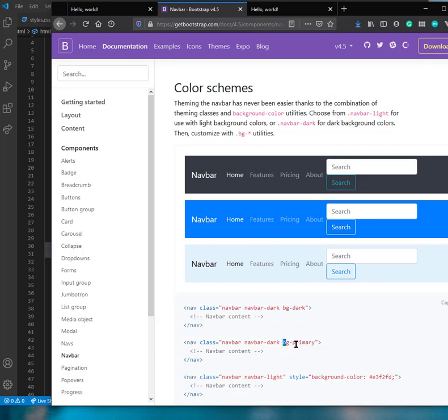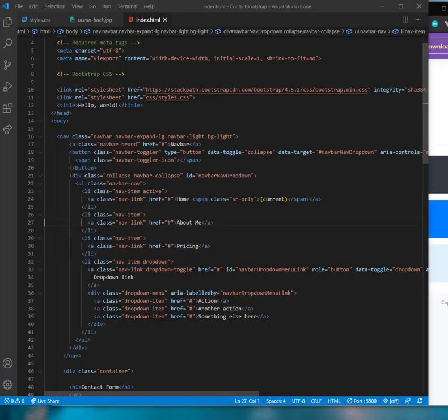Notice how we're starting to see some familiar terms now. BG primary. Remember, primary made our button blue, so I bet if we did one of those other selections, I think it was danger, would have made that red. So, okay, I don't want to copy this because I've already created my nav bar. I'm just going to take that BG dark, Ctrl+C copy, and put that into my